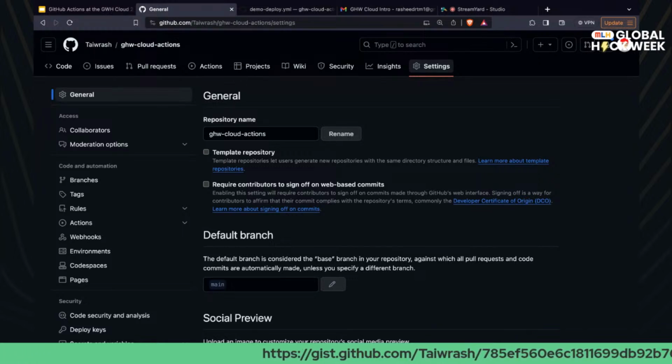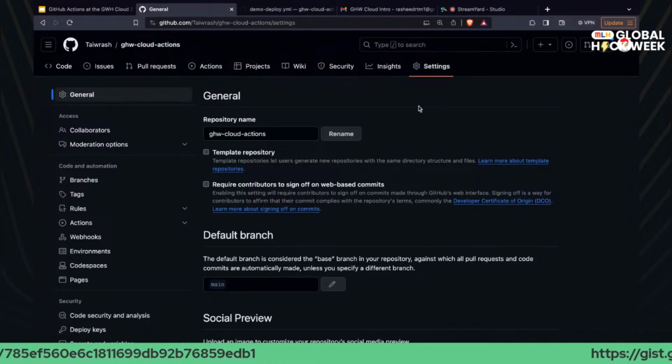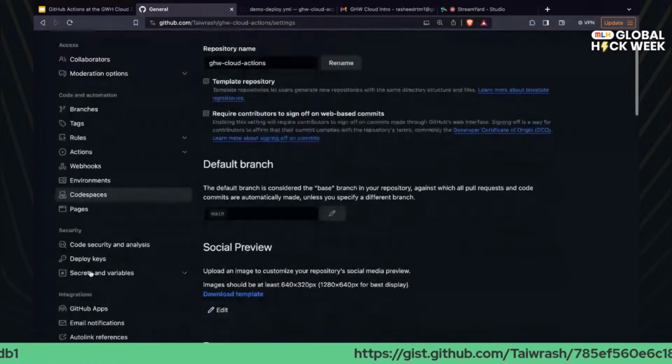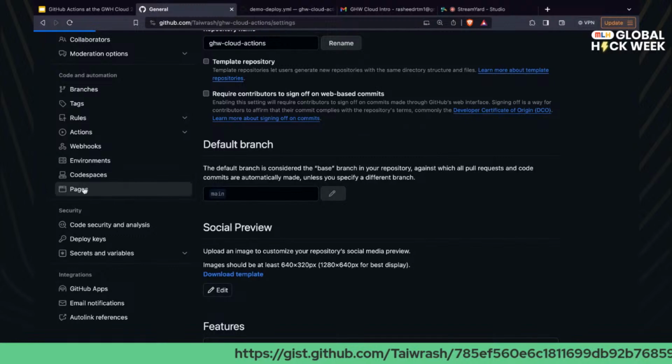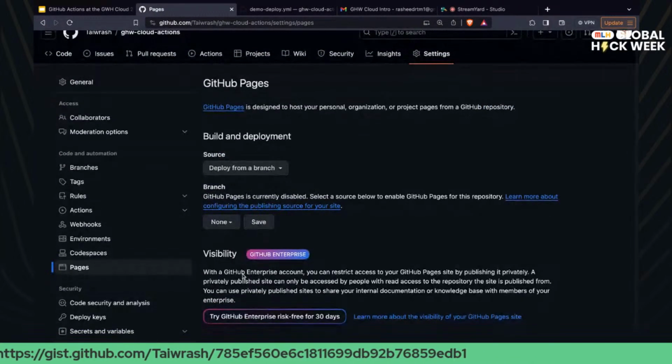So you need to create a repository. If you clone it down and you just create a repository and push it there, then you can follow along. So under that repository you just pushed to, you click on the settings button, and then you can go ahead and go to pages. That's where to enable your GitHub action.